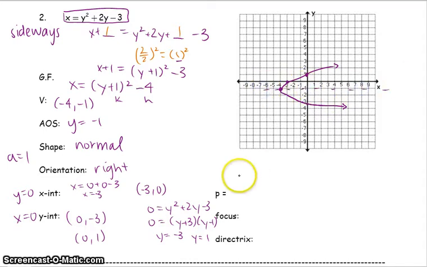Okay, so then from here we have to find our p, 1 over 4a. That doesn't change. Our a value is 1, so we're just going to have 1/4 as our p value. So from our vertex, we're going to go in the positive direction, 1/4. So we're going to add 1/4 to x. So we're going to get negative